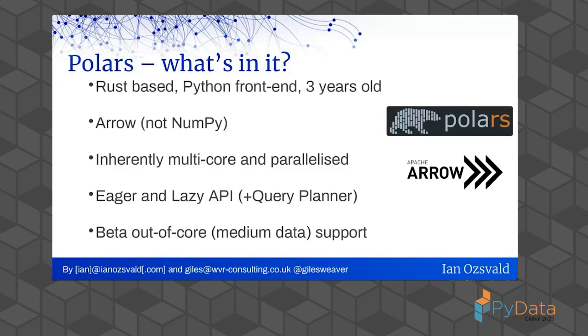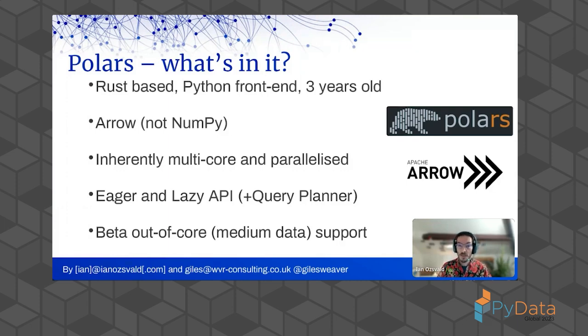What about Polars? And we'll do the same benchmark in just a second in Polars. So Polars, it's not written in Python, it's not written in C, it's written in Rust. It's a very different backend. It was originally a data frame library in Rust, and then it became much more popular when it had a Python front end put around it, and that's the Polars that we know. It's about 3.5 years old.